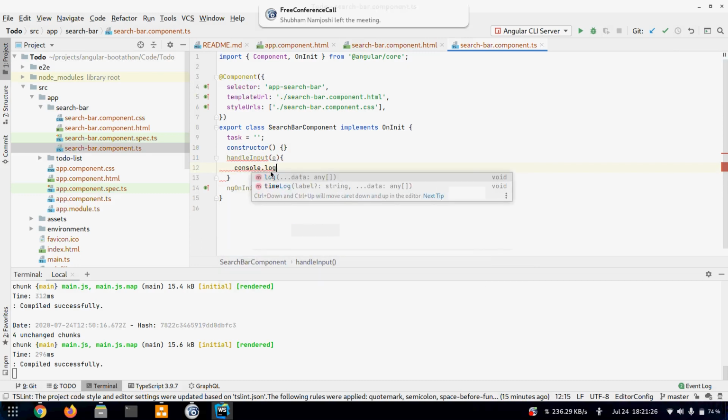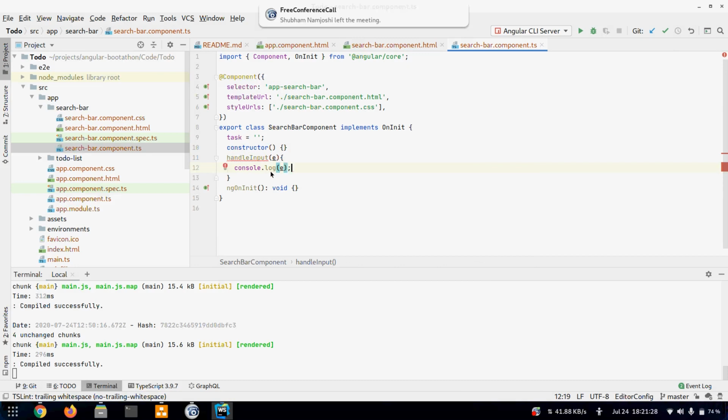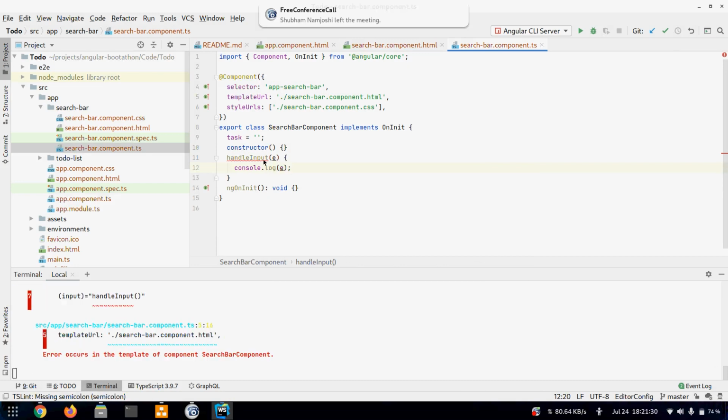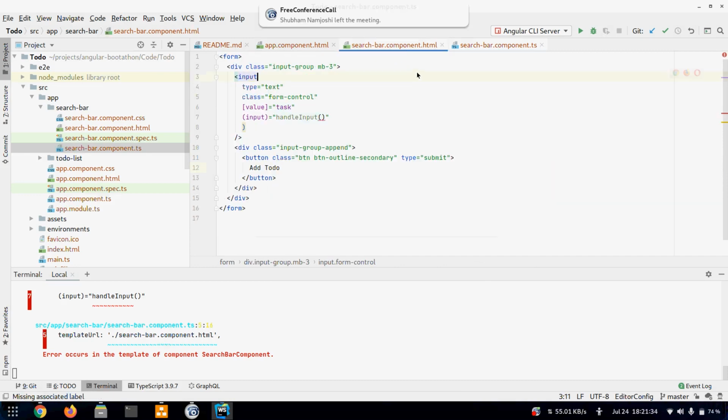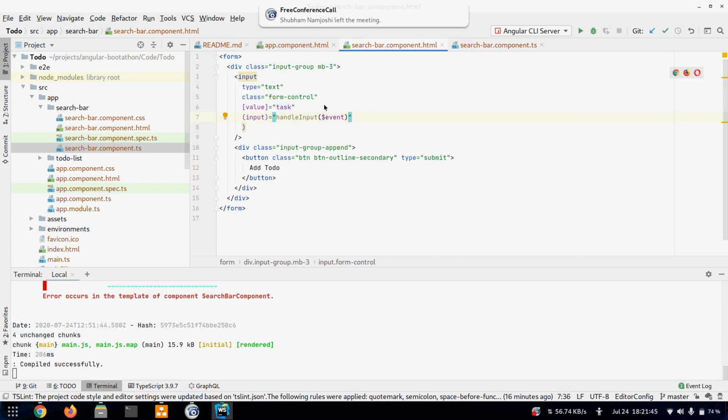Okay, so first we'll just console.log that event to see what we are getting. And to get that event, there is a predefined symbol called $event, and it will just pass the event that occurs naturally.